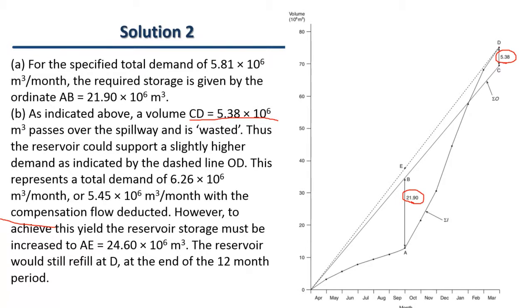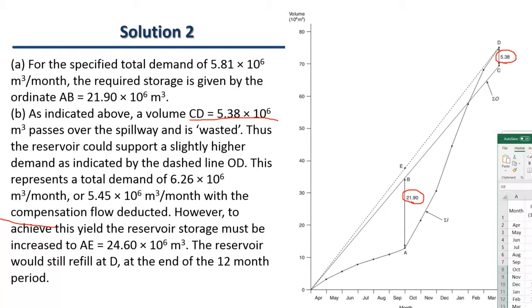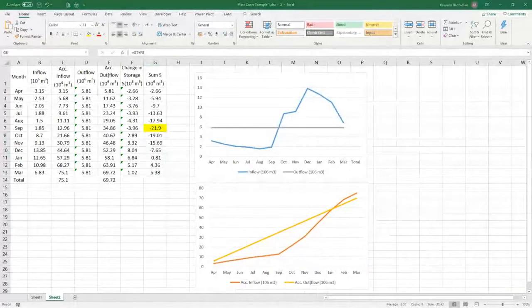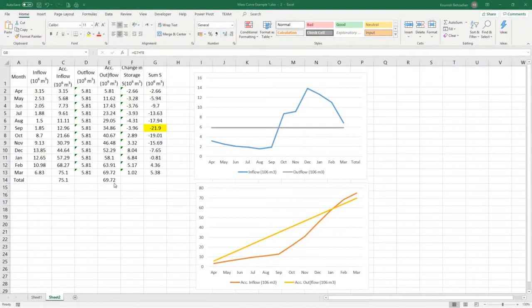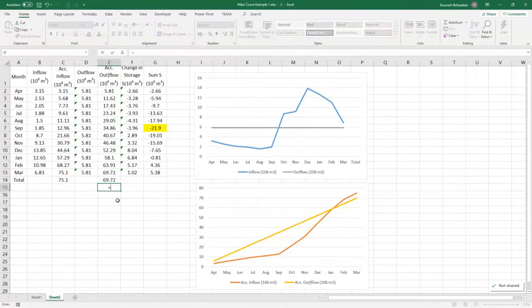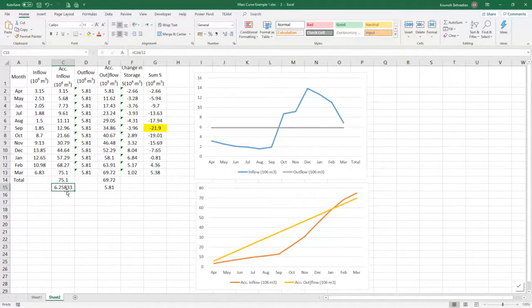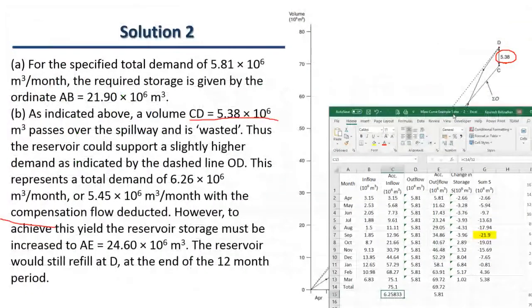So our figures is that currently we have this one. Remember, this is the figure divided by 12. This, no surprise, is exactly the same figure that we accumulated here. This is a monthly one, but the inflow, if we divide it by 12, is just like the 6.25. If every month the demand is going to be 6.25, we will exactly have